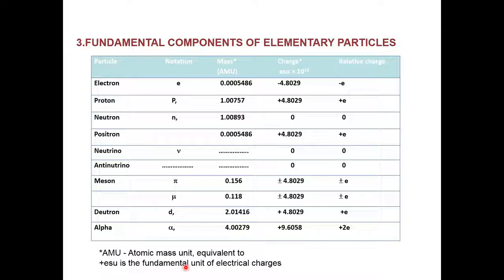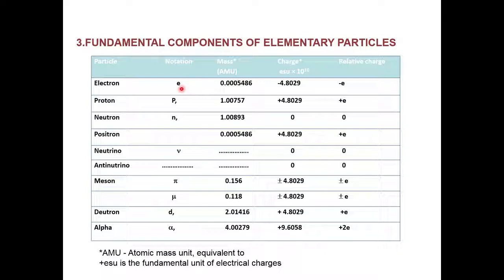Now we can extend Dalton's theory that electrons are not divisible, but subsequently we also know that electrons can be divisible and they may or may not have independent existence. Right now what I am showing you is a fundamental list of components called elementary particles. They may or may not have independent existence, but the particles which I am showing you in this slide are the ones which we recognize from our scientific, atomic vocabulary, and these include